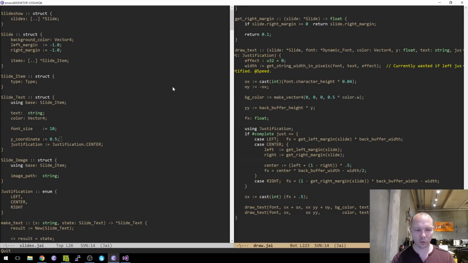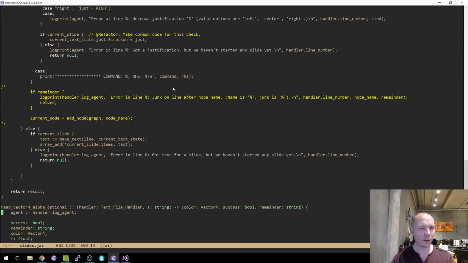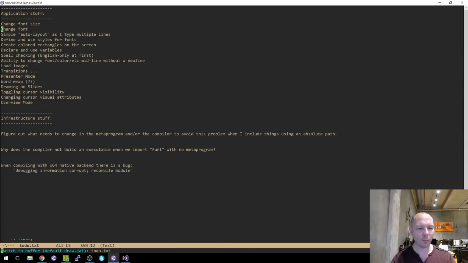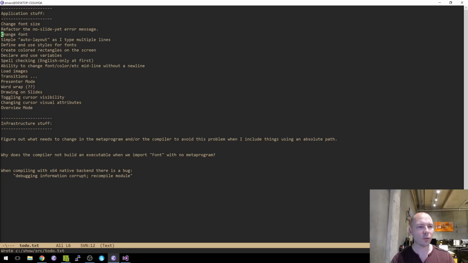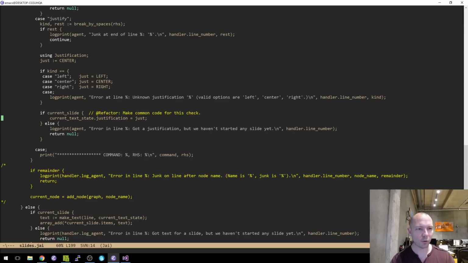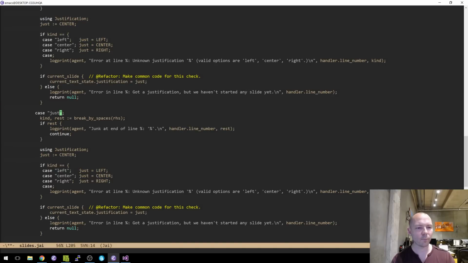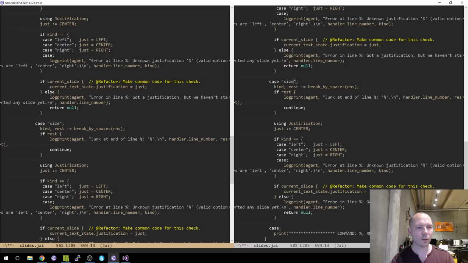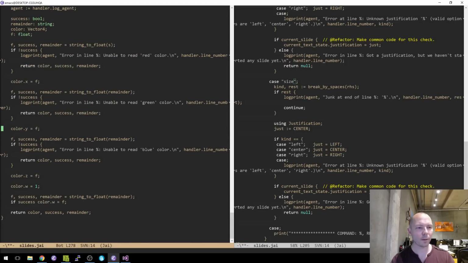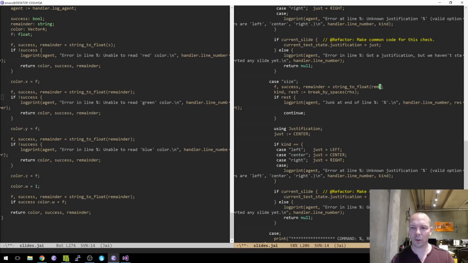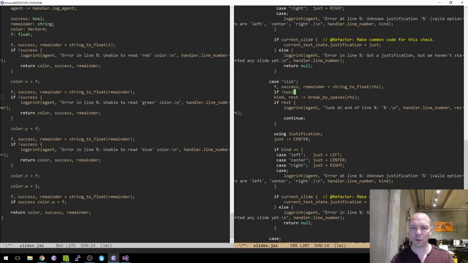Okay, so now let us change the font size, and I'm just going to let that be called size. And after this, I'm going to put on my to-do: refactor the no slide yet error message. But I'm going to do that after I change the font size. So case size. String to float. RHS, if success,